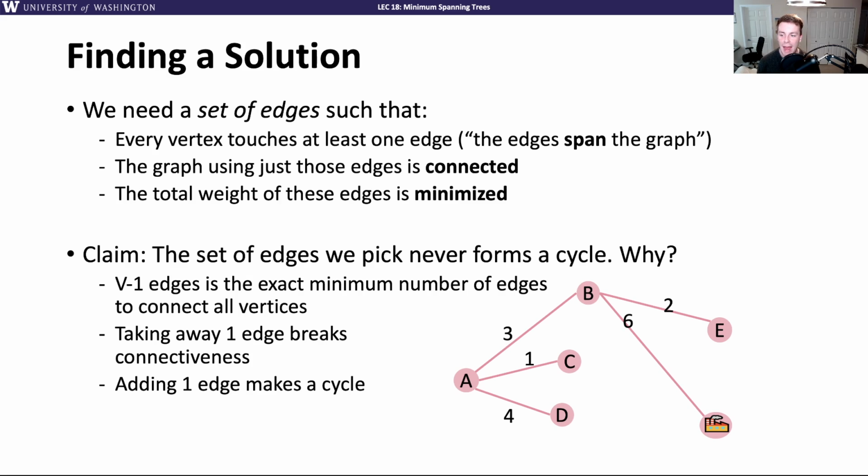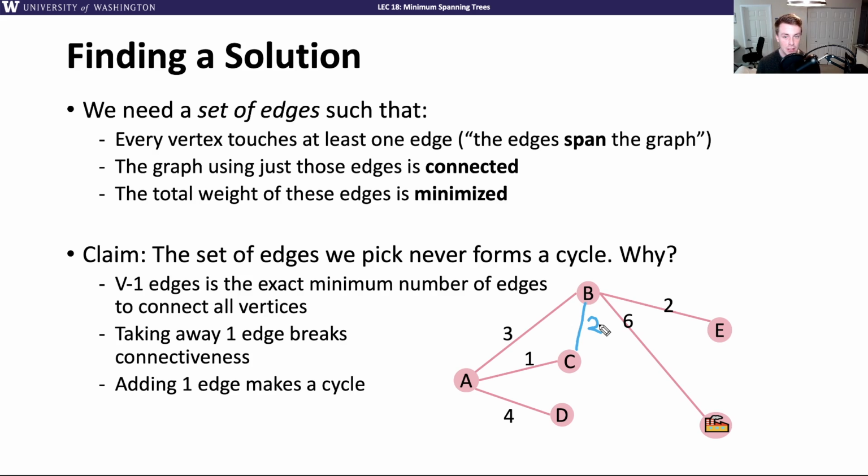Now, if you were going to add an extra edge to go from maybe C to B, maybe we'll say this is cost 2 or something like that. This is only going to strictly increase the cost of the solution, and it doesn't buy you anything. Remember, our big goal here is to just connect all of the nodes, and we want those edges to have minimum cost. If we already had something that was acyclic that connected everything, and then suppose we added another edge,